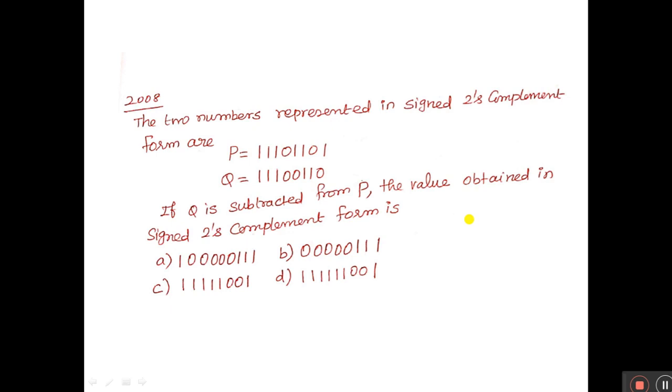If Q is subtracted from P, the value obtained in signed 2's complement form is: option A 1 0 0 0 0 0 1 1 1, option B 0 0 0 0 0 1 1 1, option C 1 1 1 1 1 0 0 1, option D 1 1 1 1 1 1 0 0 1. Here the question is Q is subtracted from P. They are asking for the value obtained in signed 2's complement form. Let us discuss the solution.